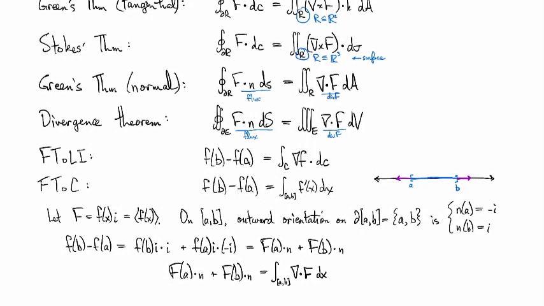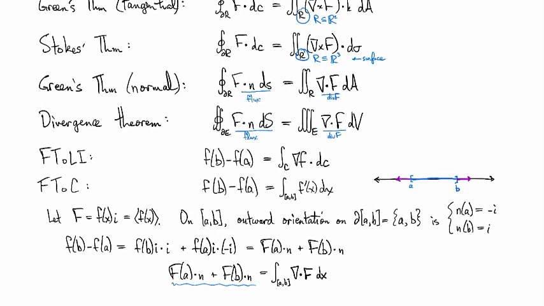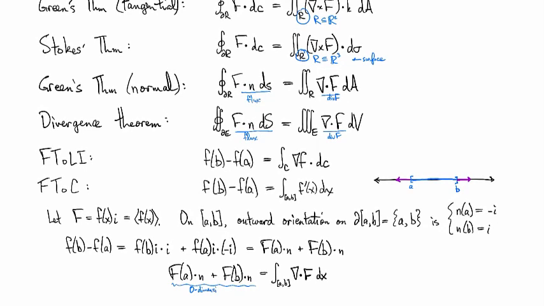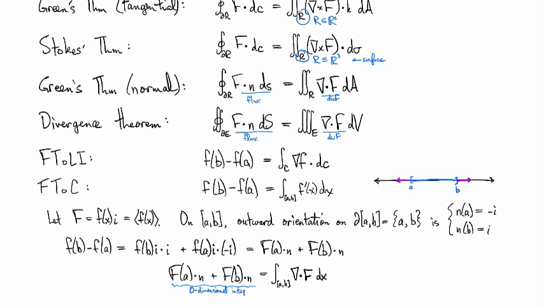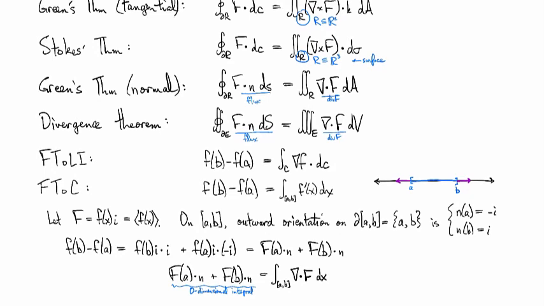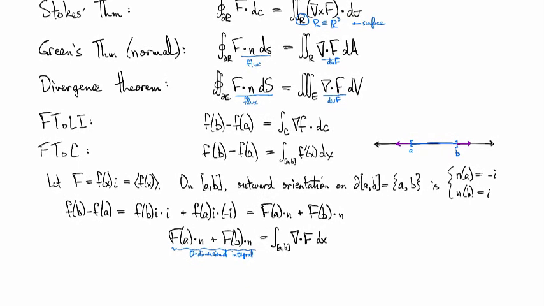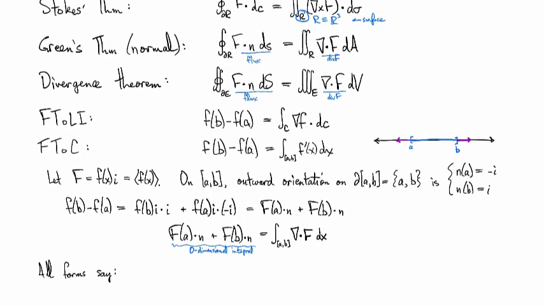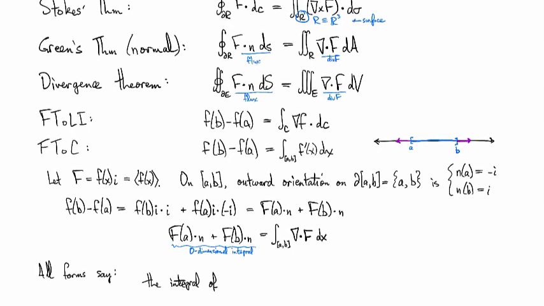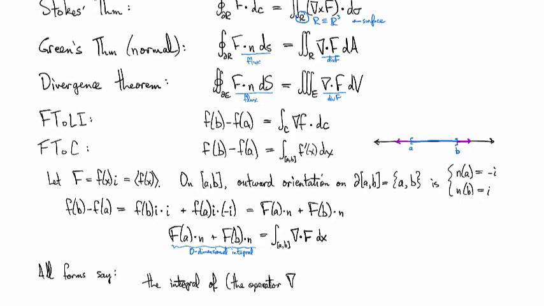And so this thing that you see over here on the left-hand side, you should think of as a zero-dimensional integral. We're adding it up, but instead of adding it up over all infinitely many points in some interval, we're just adding it up over a set of 2. The main point, and we'll make this precise in the next 2 clips, is that all forms say the same basic thing. They're saying that the integral of the operator del dot acting on a field